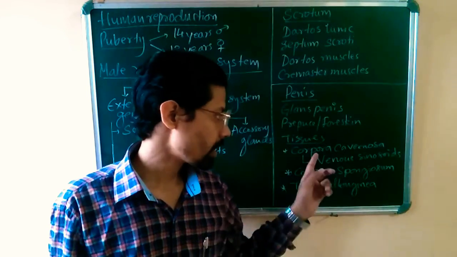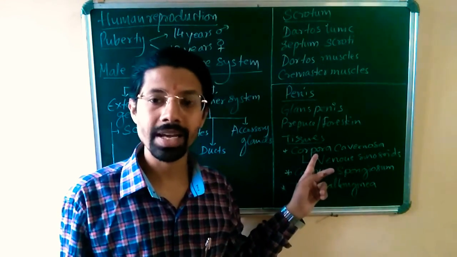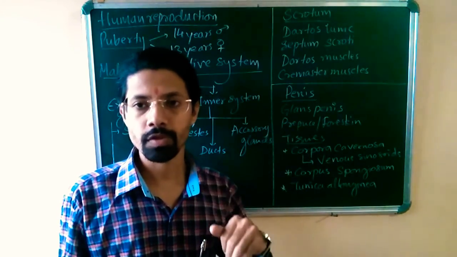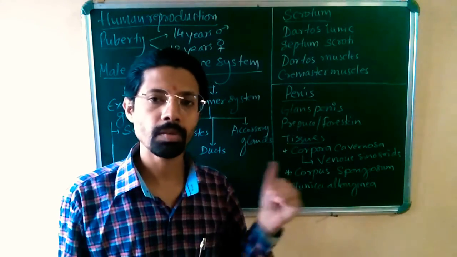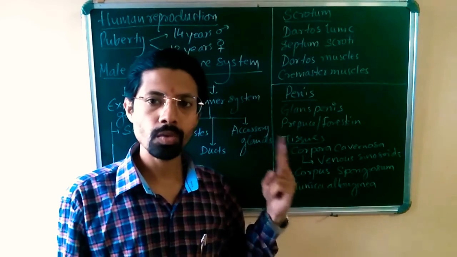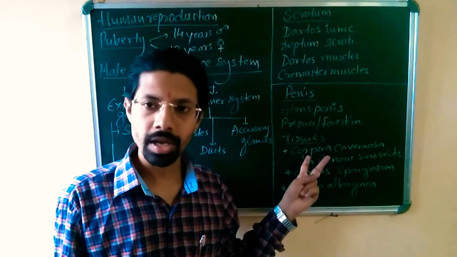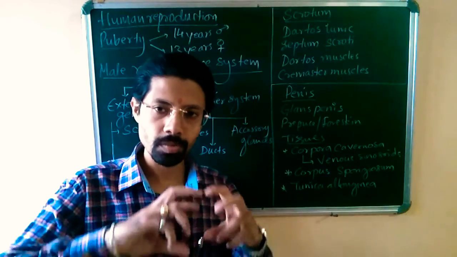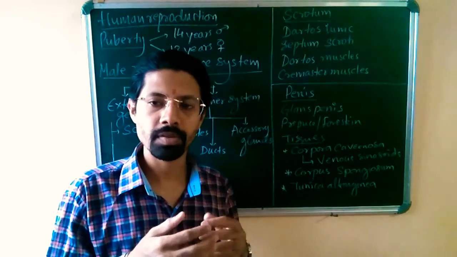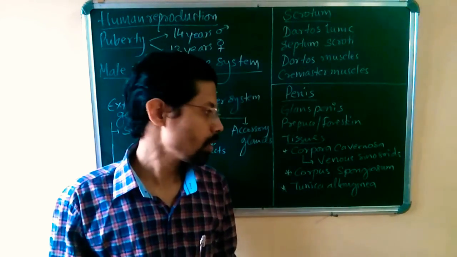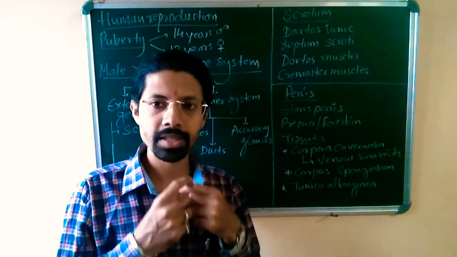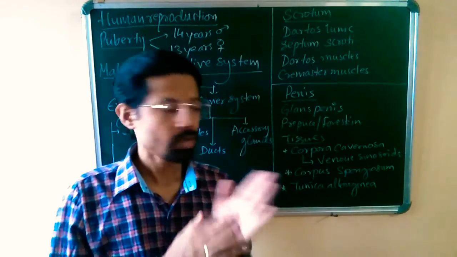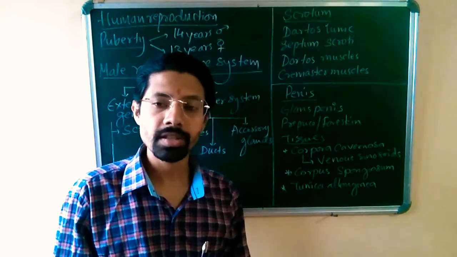Inside this, if you talk about the internal structure, there are three bands of erectile tissues in the penis. To help the process of reproduction, there is erection of the penis, and erection is only possible because of the tissues present inside it, called two bands of lateral corpora cavernosa and one ventral corpus spongiosum. The corpus spongiosum surrounds the urethra at the lower side of the penis and extends into the glans penis, whereas the corpora cavernosa are present on the upper surface of the penis in two bands above the urethra.